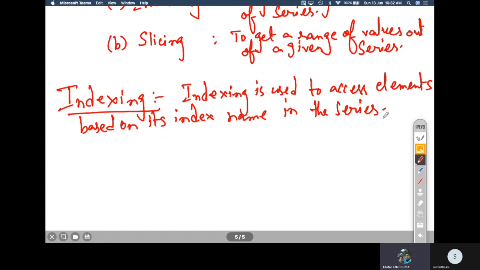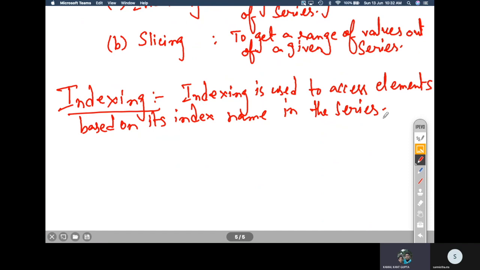Now remember, there are two types of indexes. In a Pandas series, there are two types of indexes: positional indexes and labeled indexes. As we have seen, positional indexes take an integer value that corresponds to the position of the value in the series starting from 0, isn't it?